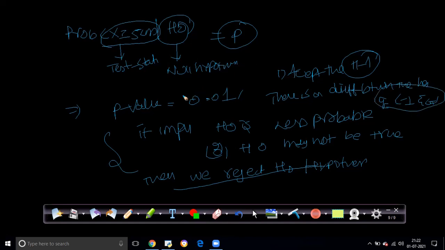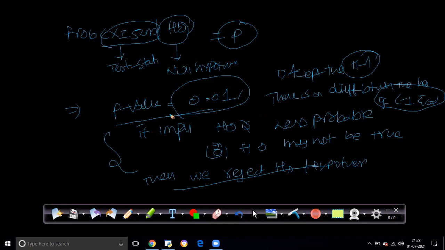So this p value is nothing but the probability value of my test statistic, that is, the observed difference of 5 centimeters between class 1 and class 2, assuming my null hypothesis is true, is only 0.01%, which is only 1 out of 100. So as my p value is very small, we are going to reject the null hypothesis and accept the alternate hypothesis.